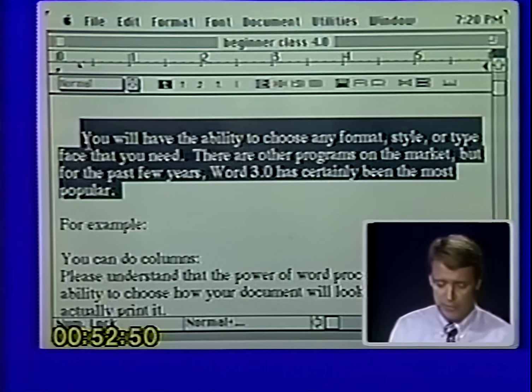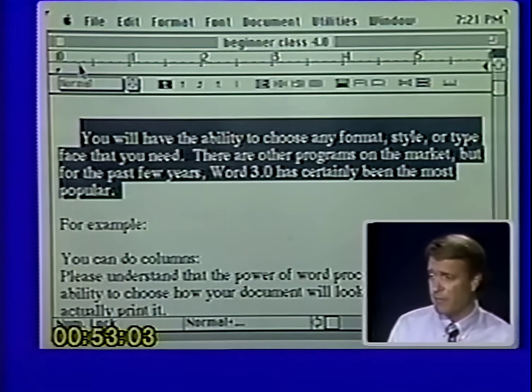Actually, most people don't. Most people hit their tab key. And they'll notice that the tab key goes over too far. It goes over 8 spaces, but most people do it because it's easy. So again, if you want to set your automatic indentation, by the way, 2.5 of these little marks over here happens to be 5 spaces, which is kind of standard. You can set that anywhere you like.